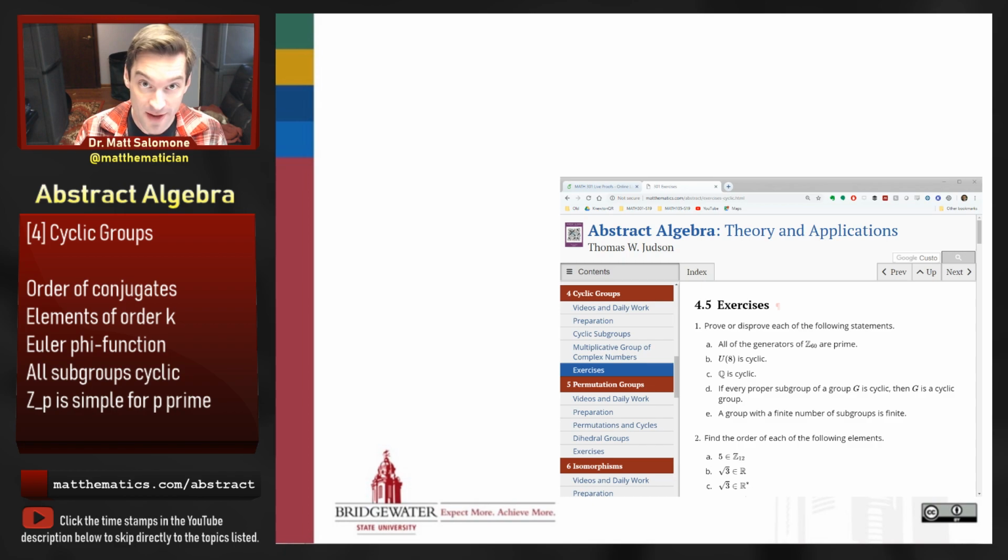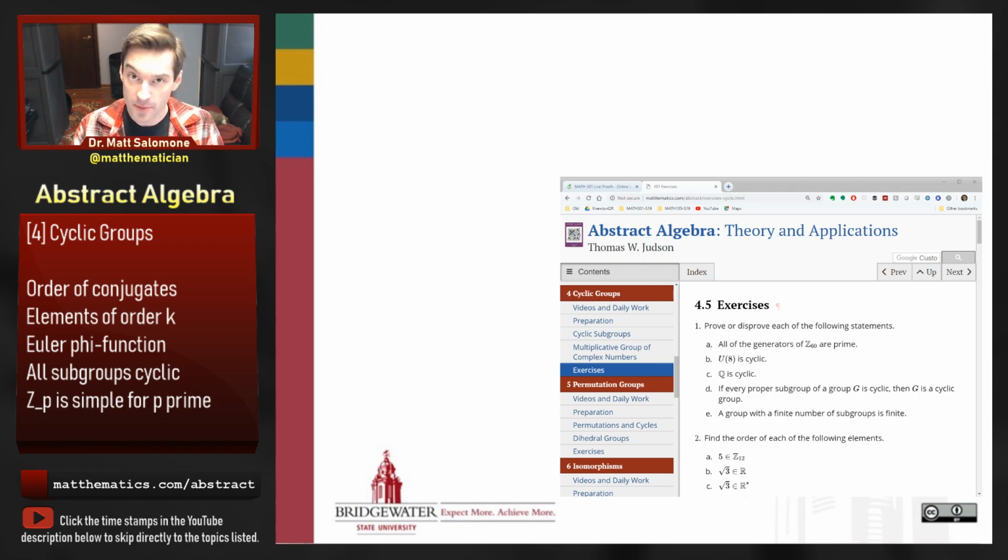And then after that, I want us to look at a piece of what I called in class this week the fantastic theorem about cyclic groups. And the piece is that every divisor of the order of a finite cyclic group has an element of that order in the group, and vice versa. So this important piece of the fantastic theorem, we're going to look at a proof of it and why it works.